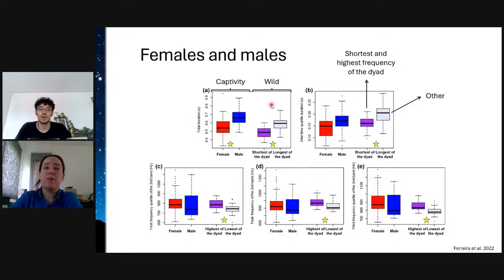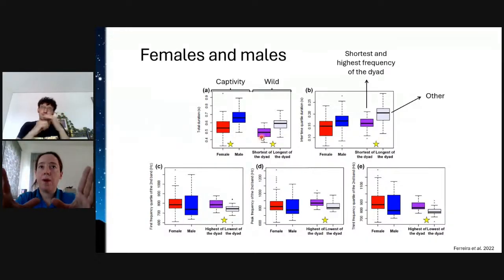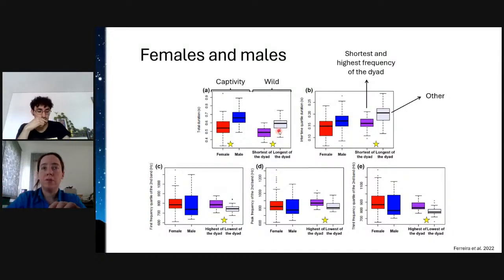We did the measurements, and what we found was that when comparing the two maned wolves that were vocally interacting, there was always one that had a shorter roar bark and one that had a longer roar bark, and this difference is statistically significant. And also there was a difference in frequency. Females were higher in frequency, that is, they were higher pitched, and males,